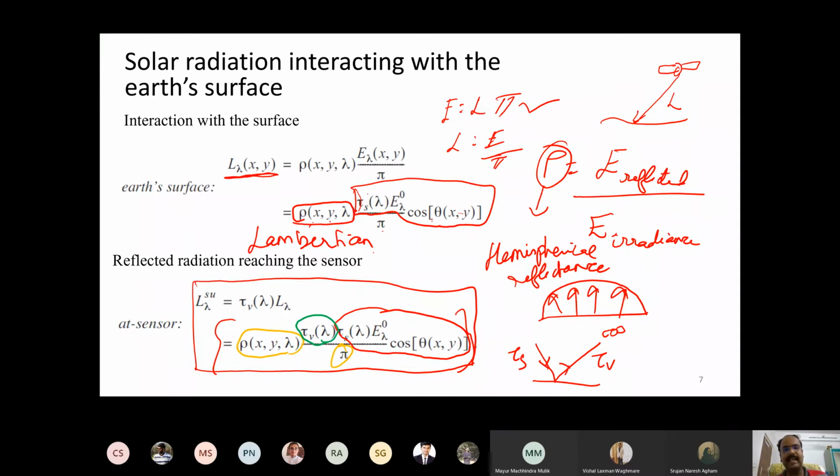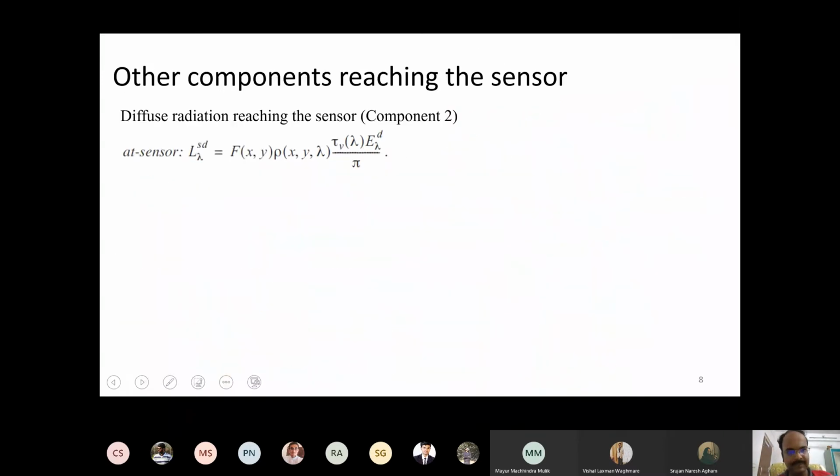So this is just the direct component. We have not come to the other components. This is just the direct component. Now the other component, we need not look at it in much detail because most of our interest lies in this direct component. The other component we can simplify, just to give you a simplified manner.